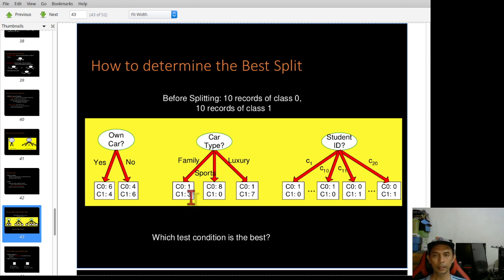And then for class 0, 1 is in the family class, 8 in the sport class, and 1 in the luxury class. For the second class, 1 is in the family, 0 from the sport, and 7 from the luxury, and so on for student ID as well.